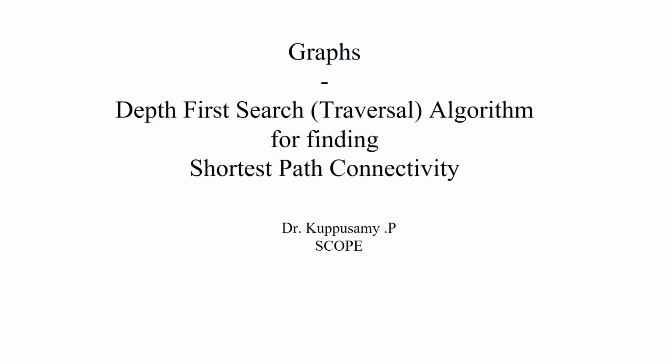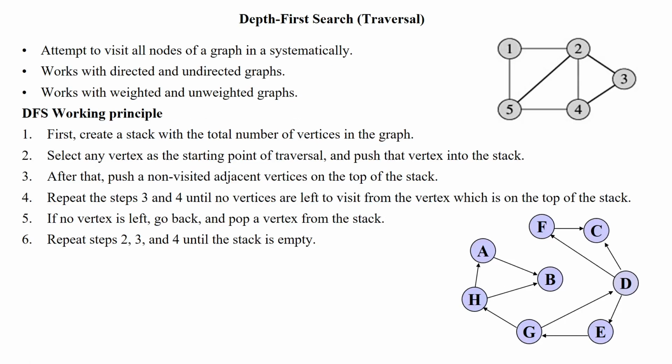Hi, welcome to DFS Traversal, which is used for finding the shortest path for the given graph. It will visit all the nodes of a given graph systematically. It will work for directed and undirected graphs and also weighted and unweighted graphs. So here, when you are selecting the undirected graph, you can visit all the nodes from any vertex to another